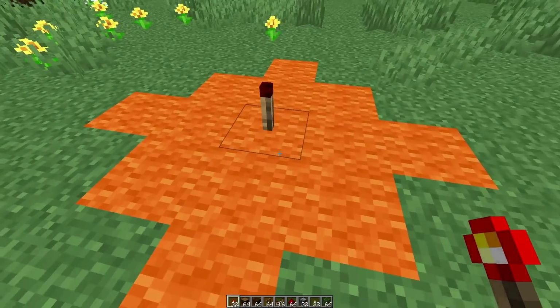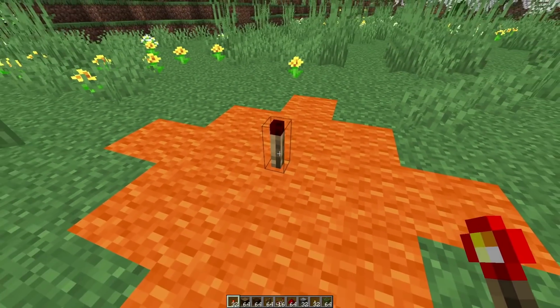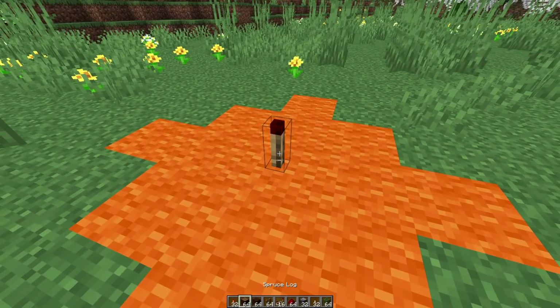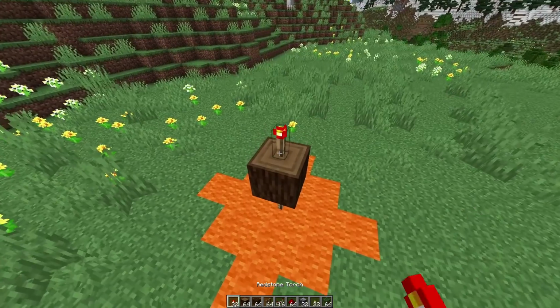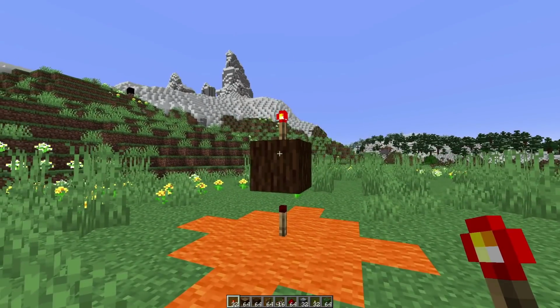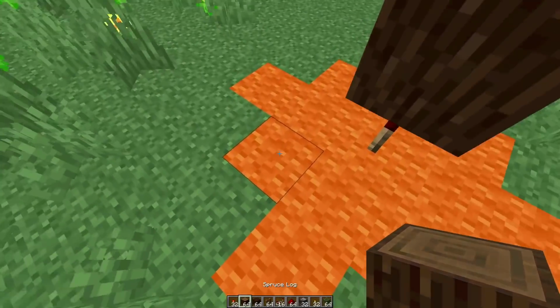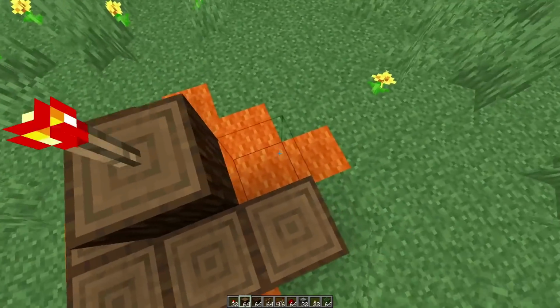You'll see it immediately turns off because the torch underneath is on, powering that block that this is sitting on and therefore turning that off. We're then going to place a block on top of that and a redstone torch on top of that block. You can see that turns on because that block isn't at all powered. We're then going to build up a 3 by 3 all the way around this, and this is the beginning